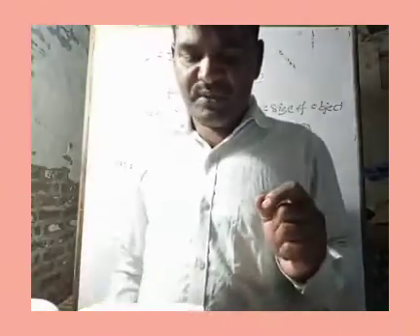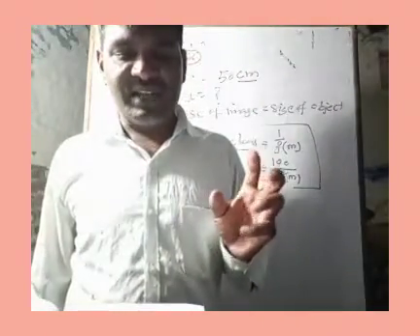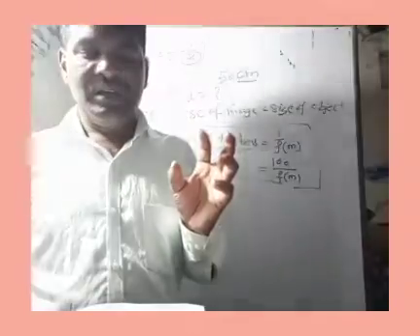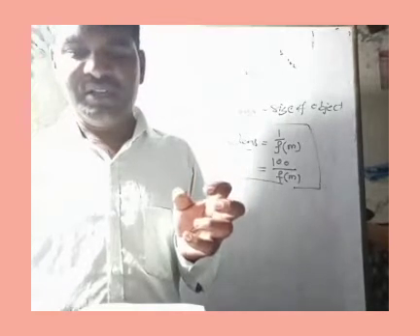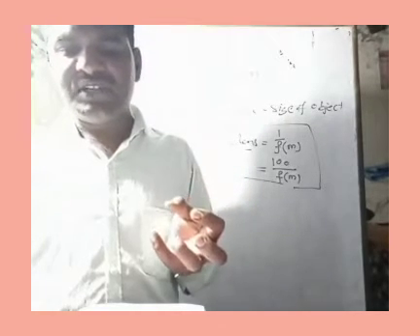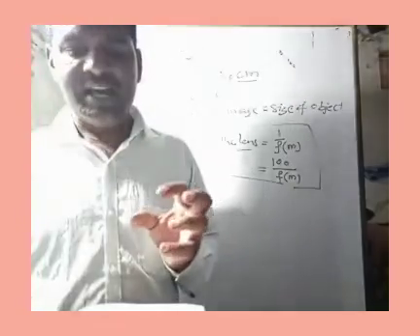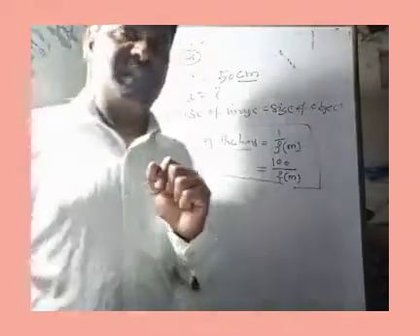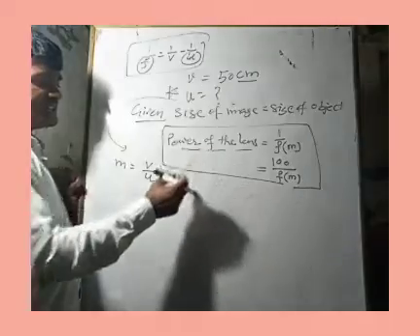It was on page number 184 of your NCERT book, and a statement was like that: a convex lens forms a real and inverted image of a needle at a distance of 50 centimeter from it. Where is the needle placed in front of the convex lens if the image is equal to the size of object? Also find the power of lens. This was the numerical. So we have written all the given things.